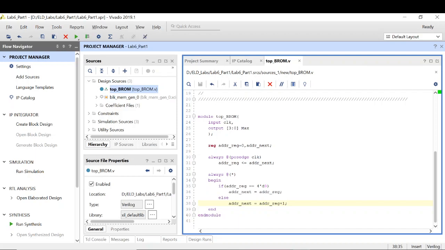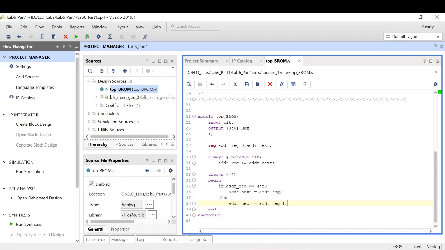One more thing that I need to remind you: in the sequential always block, we need to do two things here. If it is a reset condition, we need to include it in the sequential block. Also, if it is an assignment, we can include it here, but any computation needs to be done in the combinational block. So this is the comparison, again a combinational thing, and also this addition, that's again a combinational thing. Okay, so now we have generated the addresses. Using these two always blocks, I have implemented a counter which will go from 0 to 9.